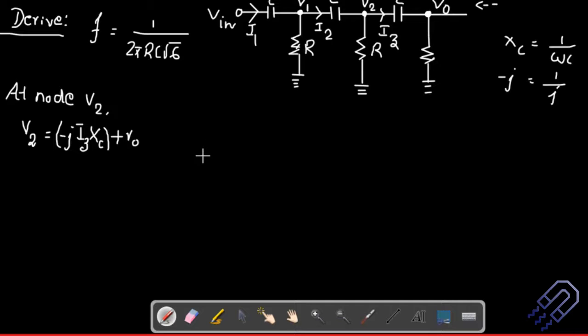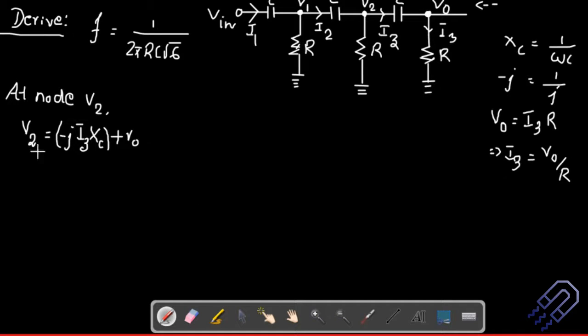One more point that you should remember here is V naught. This is your R, and this is I3. So that means the current flowing across this is also I3. The voltage is equal to IR, so this is I3 into R. This is the initial analysis. So I3 can be written as V0 divided by R. So you have to just practice this.